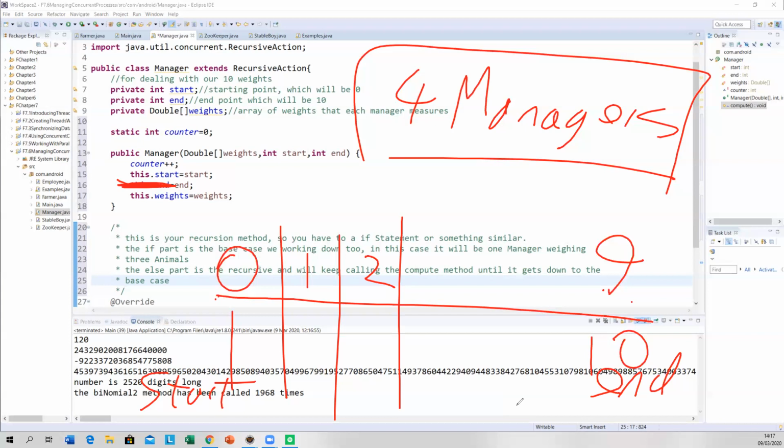Right. So we want to work down. So it starts off with 0 to 9. Now we want to work down to those 3. Yes? Okay. So the end is going to be at index position 2. The start is going to be at index position 0. Okay. So we want to work down so that there's only 3 positions between start and end. Yeah? So what we say is, take off here.